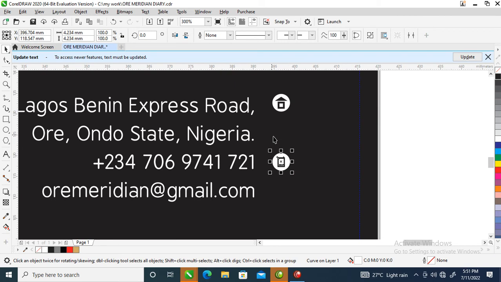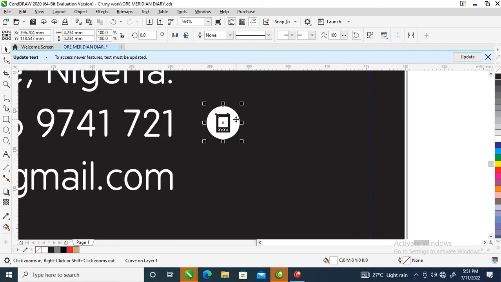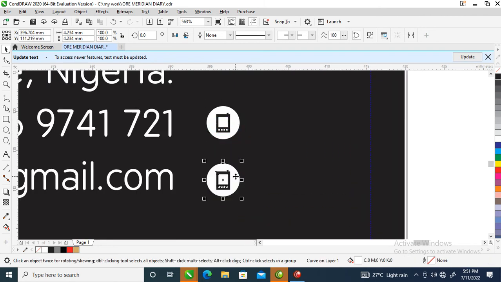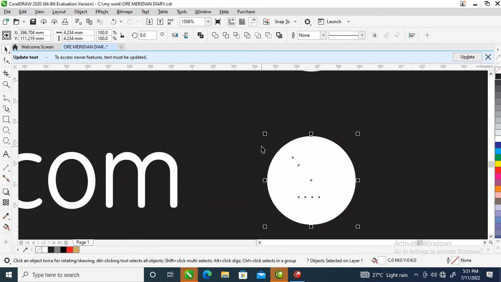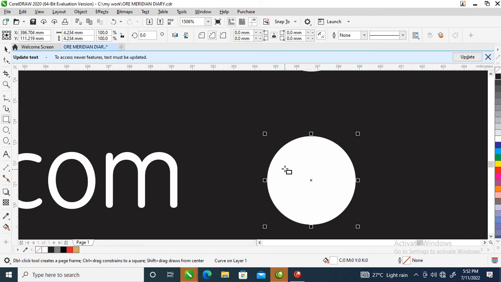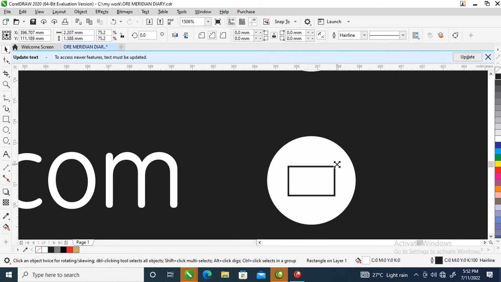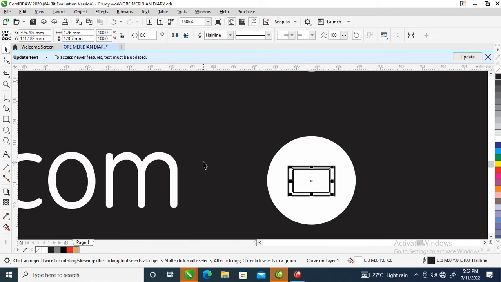Can you see that? So our next symbol we are going to be creating is for email. So right now hit Ctrl K to scatter that, then you weld. So right now what you're going to do is select a rectangular tool, create an object, make a copy inward, then you right click, automatically copy it. So convert it to curve,